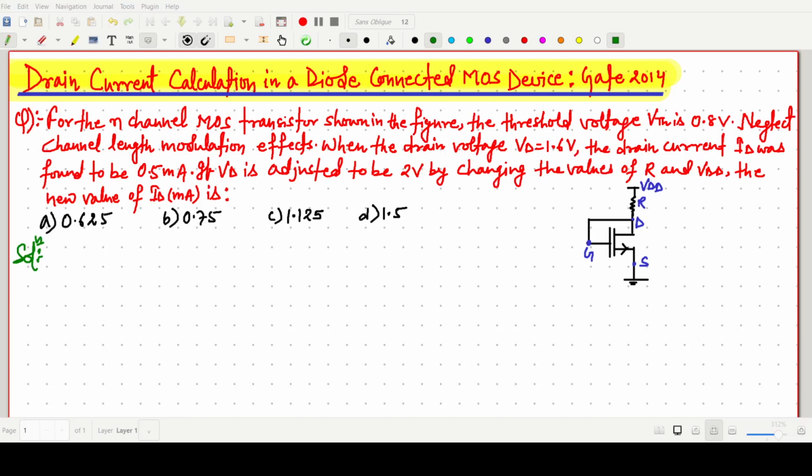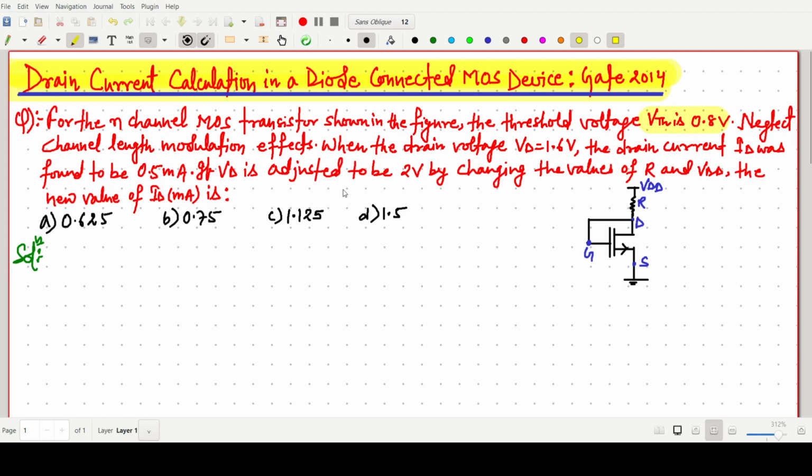Welcome everyone. In this video lecture, we will solve a GATE 2014 question in which we have to find the drain current. In the figure shown here, there is a diode connected MOS device. When the gate and drain are shorted, it is called a diode connected device. For the N channel MOS transistor shown here,